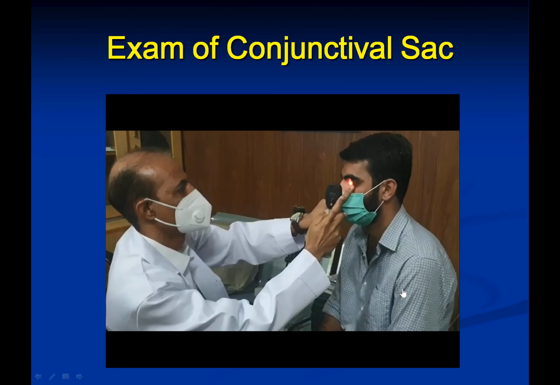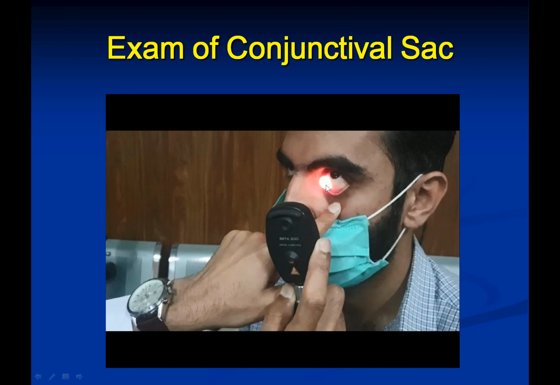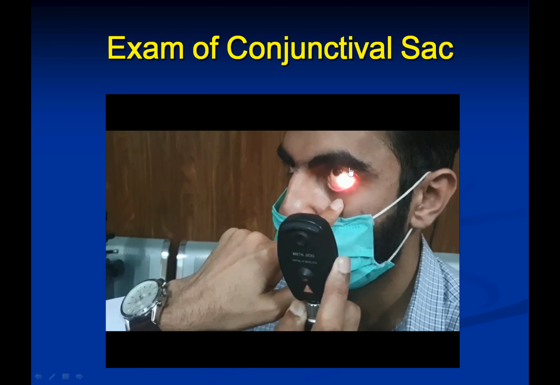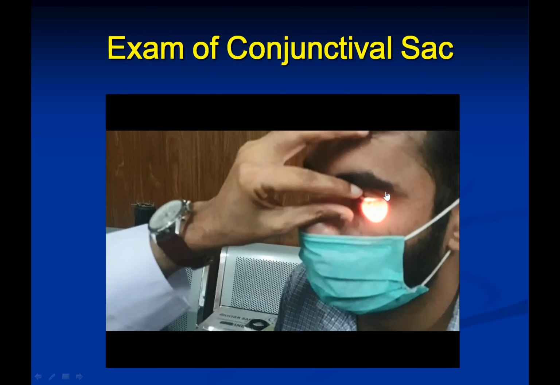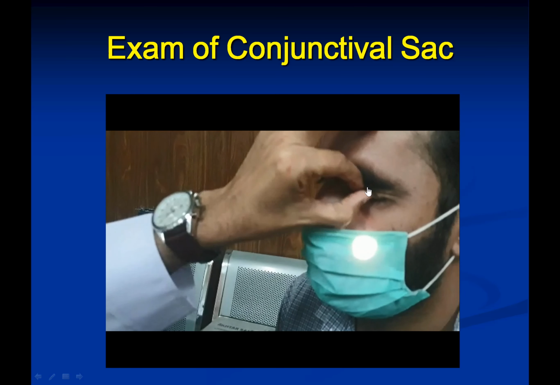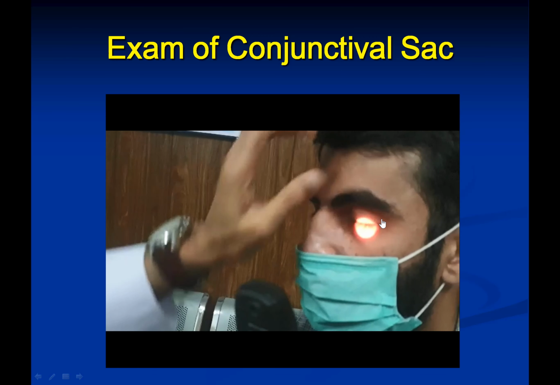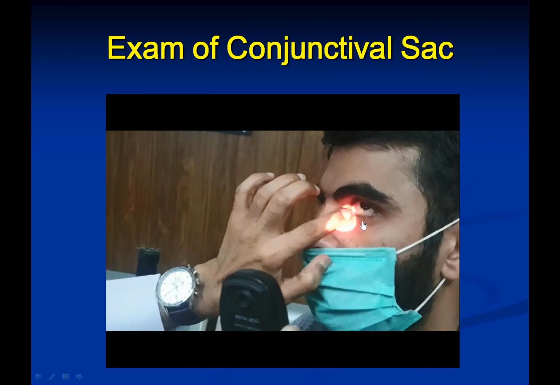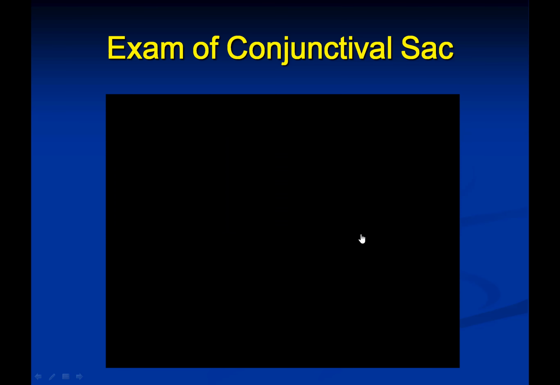See the video. Complete examination of the conjunctival sac. Here, you evert the lid and see anything wrong with the conjunctiva. There should be no infection, no discharge, no irregular lesion or pathology. Then you massage the lacrimal sac and see any regurgitation. So that is the way you examine this lacrimal sac.